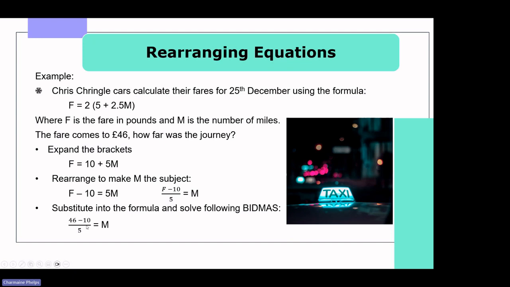And when you've got an awkward, clunky looking fraction like this, if I treat what's on the top as having brackets around it, that'll help me to remember to do that first. So 46 take away 10 is 36. So it'll be 36 divided by 5